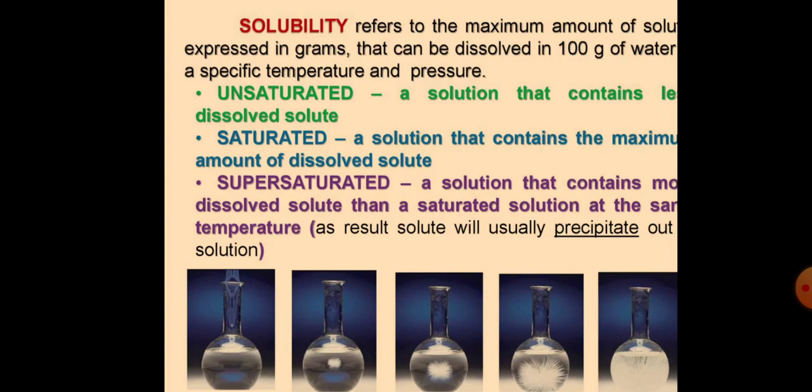When you heat it, you can increase the solubility. For example, you are making tea or juice, and you add a spoon of sugar into the tea or the juice. You would have experienced that when the tea is hot, the sugar dissolves in the water. So there are many factors that can increase the solubility.